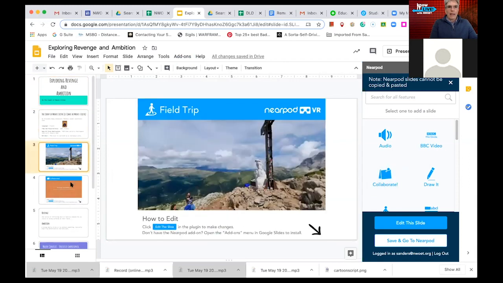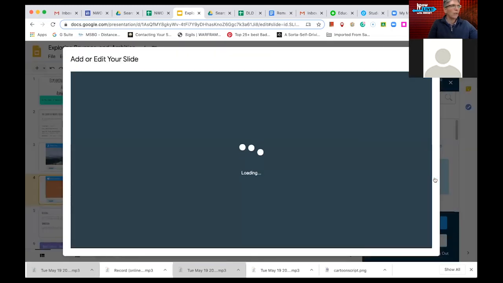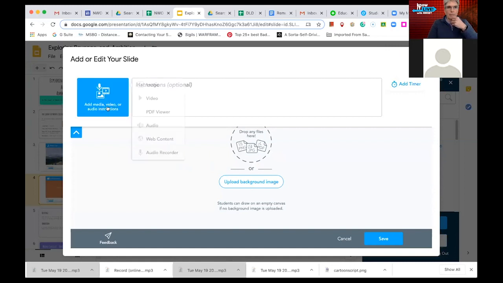So I'm happy that I have the students thinking about revenge and ambition. And now I want them to specifically, by themselves, now that they collaborated with their friends, draw a conversation or a vision of what ambition and revenge would look like. Well, and I thought, wouldn't it be neat to add an image from my desktop, or something that I had